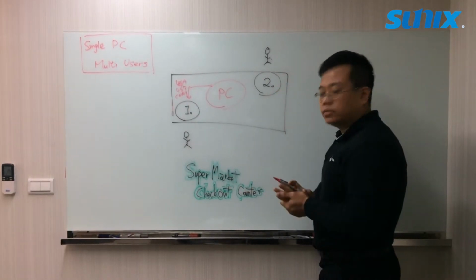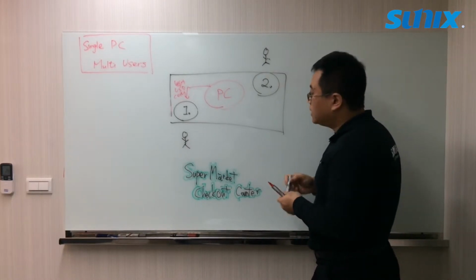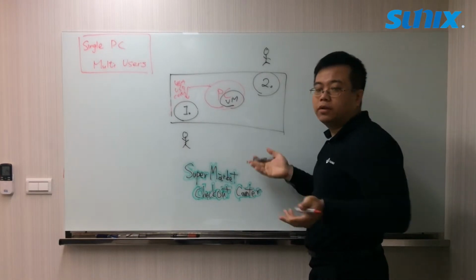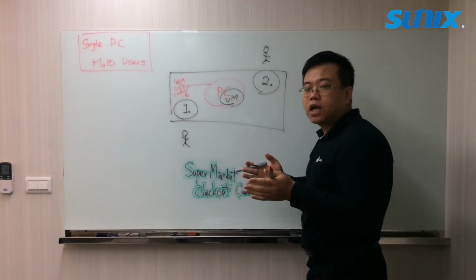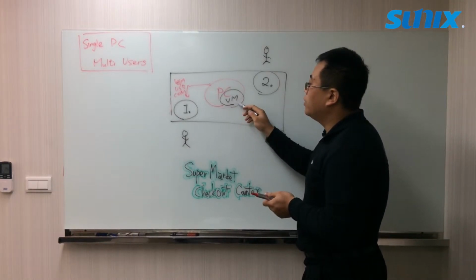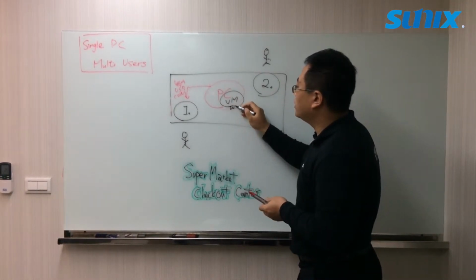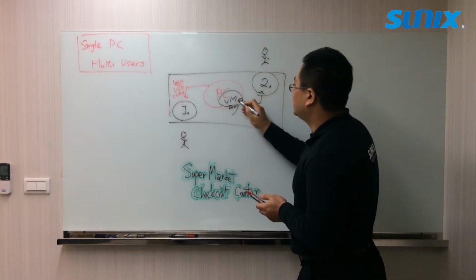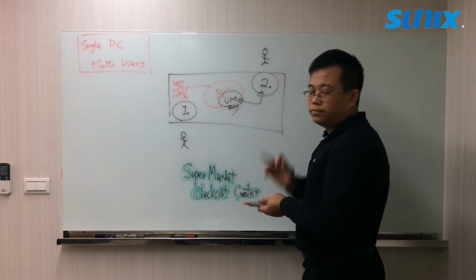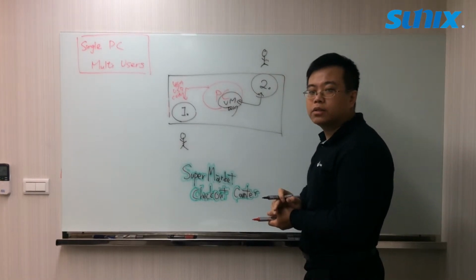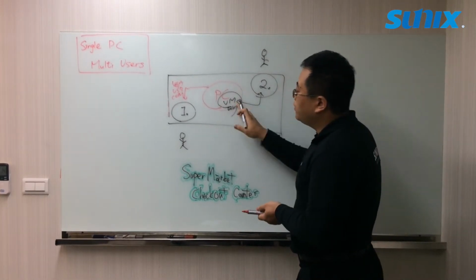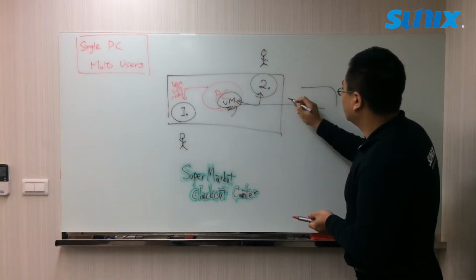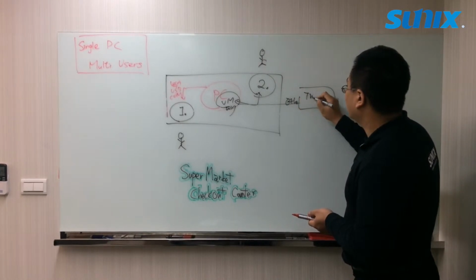The second cashier, we will create a VM, virtual machine structure. We may call it VDI, virtual desktop infrastructure. So we create a VM structure with Windows 7 user experience. And they share single PC resource to the second user. So if we want VM structures, we need Ethernet connections. Ethernet connection for one sync line